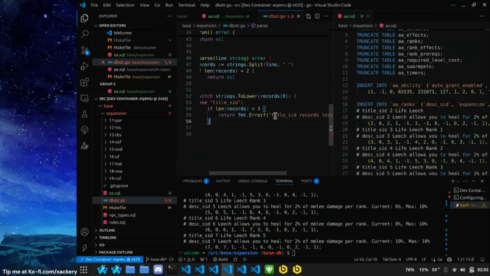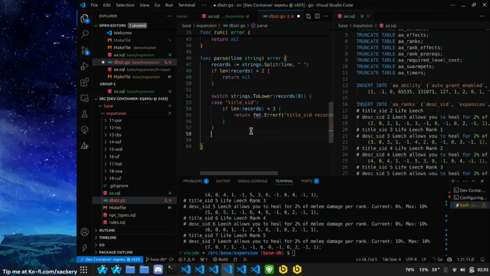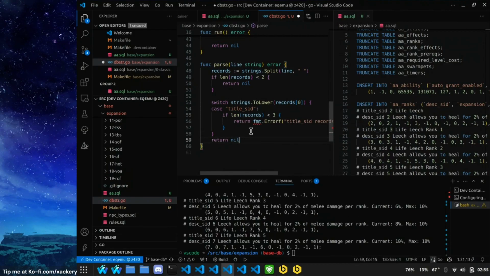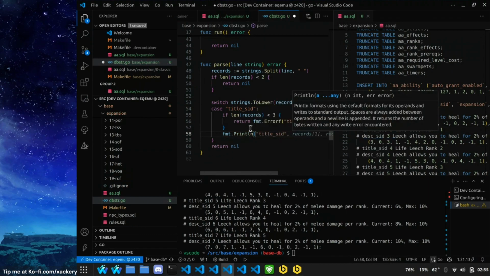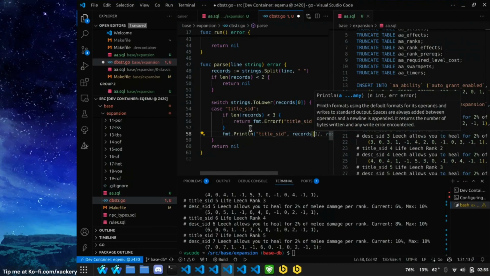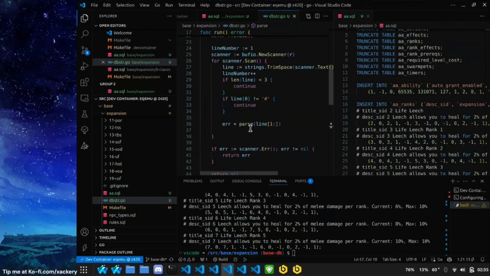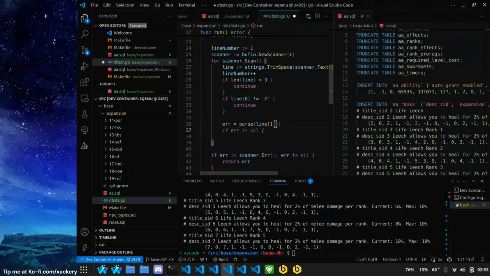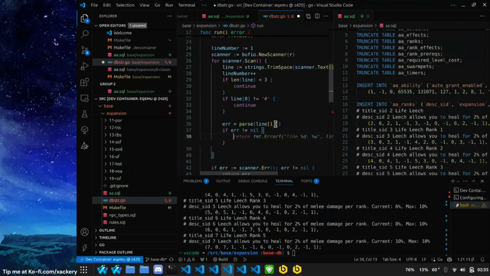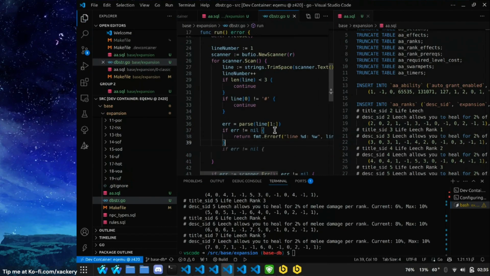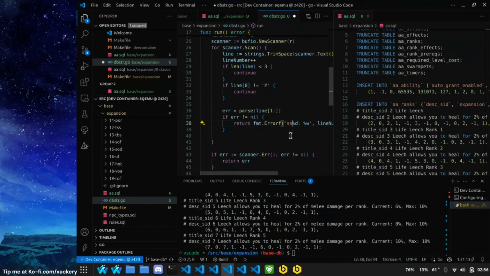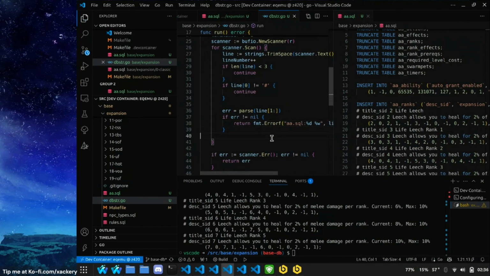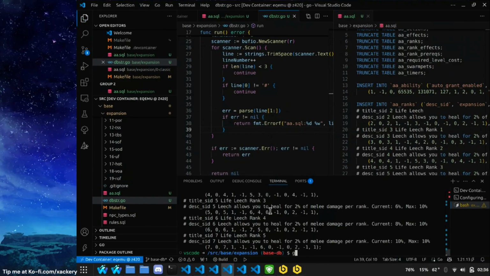Just like that. And otherwise return nil. And we'll just print this. Now if we come back here, we should return an error with the line number. This will actually be the file as well. Okay, so if we run again,